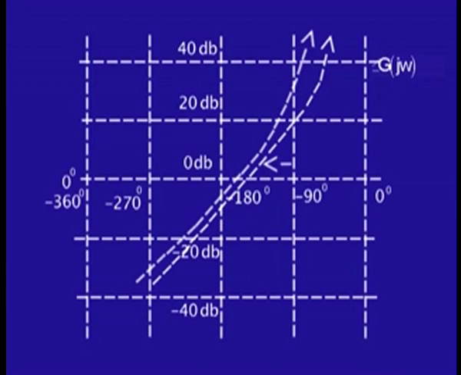So, at a given frequency omega, the compensating network introduces an additional gain, let us say, and introduces a phase shift. So, I go to a new point. I can do that for a number of points and I will get a new g j omega curve, which then I can plot. So, the compensating network effect on the closed loop performance, specifically the overall gain and the overall phase shift, can be figured out a little more easily than it would be in the case of the polar plot. So, this is the main advantage of the Nichols plot or the Nichols chart,